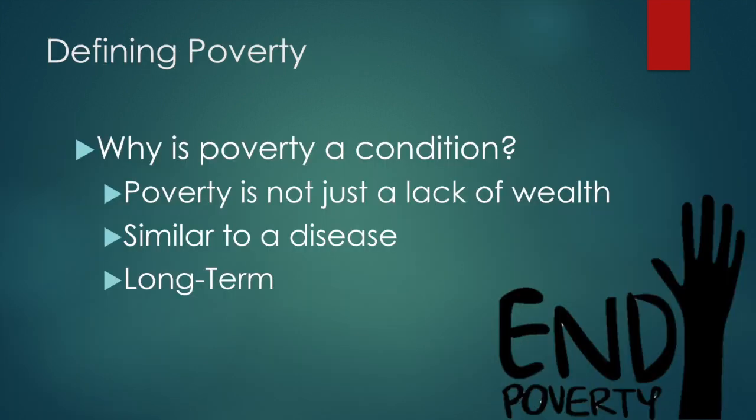So why is poverty a condition? We stated that poverty is more of a condition than a definite threshold based solely on income. This is because poverty is a sickness that, if not cured quickly, can become worse the longer it is untreated. We believe that poverty is similar to the general principle presented by a complex disease, such as cancer. It is incapacitating, nearly impossible to escape. There is not one definite solution to cure poverty, but there are ways to create solutions for some of the forms. Also, the use of the word condition indicates that true poverty is long-term.